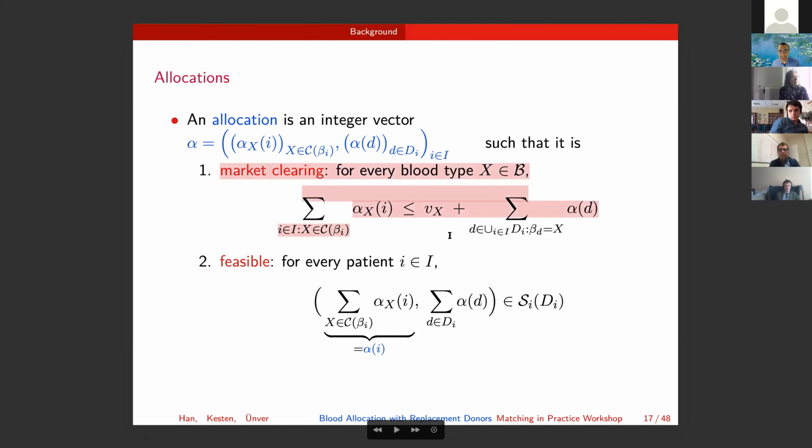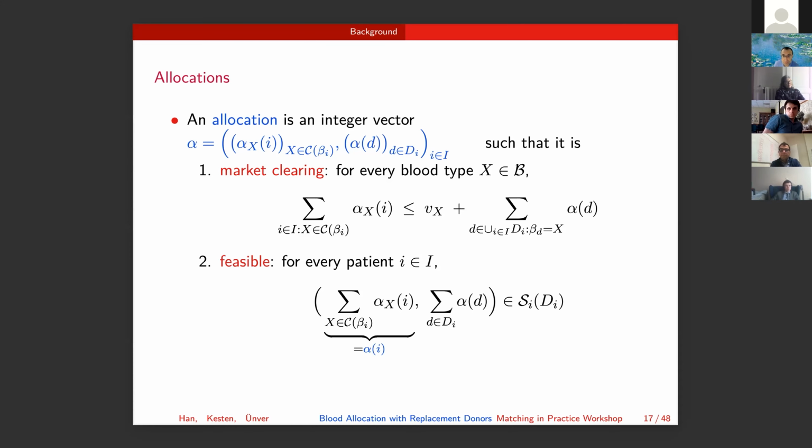There is a market clearing condition. Market clearing condition just says that for each blood type, what is given to the patients cannot exceed the total inventory plus the total donation by the donors through the replacement donor channel. And the other one is feasibility. So the total amount that each patient receives and the total amount that each patient donates should be in the feasible donor set, given that capital DI is what is reported by the